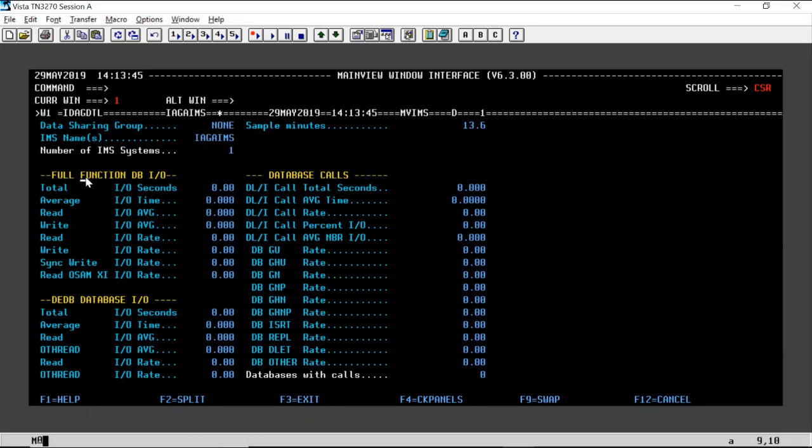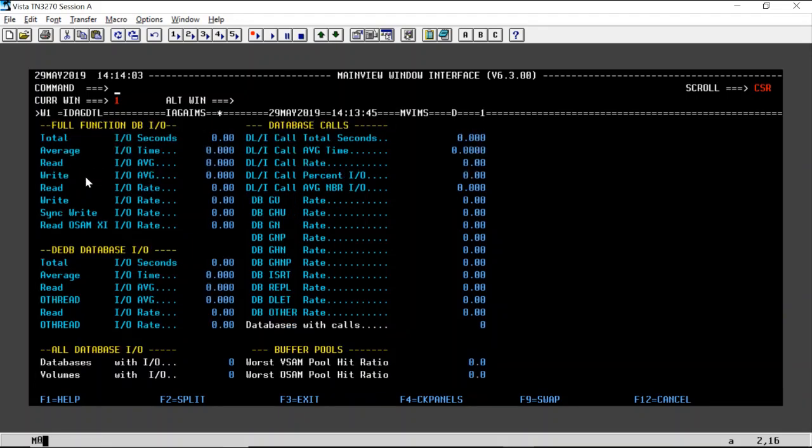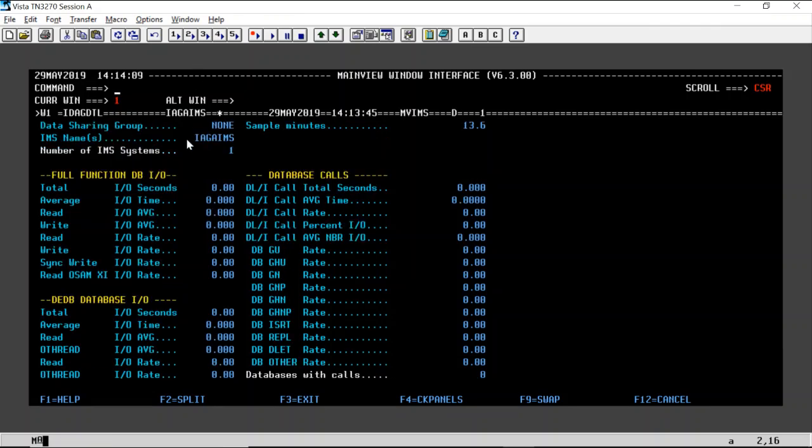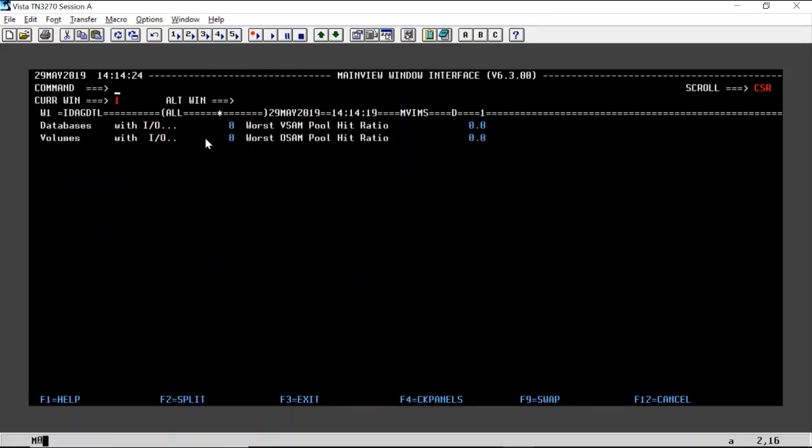From this screen, we can gather various information. We can see our full function database IO statistics, our database call statistics, our DEDB database statistics. We can see all database I/O, as well as our buffer pool information. Again, this is focused on one single IMS. If we wanted to return to looking at all IMSs, all we would need to do is hit PF3. Now you can see that we have returned to all IMSs, and we still have the ability to see the